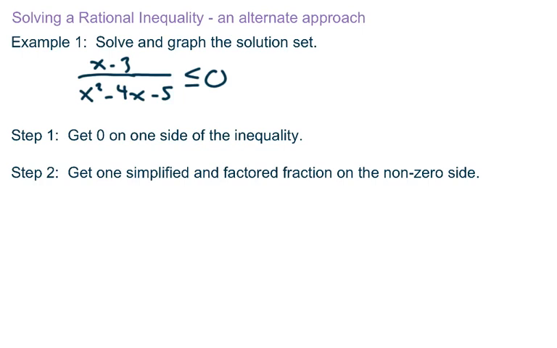In this video, we're going to explore solving a rational inequality with an alternate approach. Now, the alternate approach is an approach that does not require you to use test numbers or test points. So I hope you'll find it as an interesting alternative. When you see this together with the method that does require test points, you can decide for yourself which one